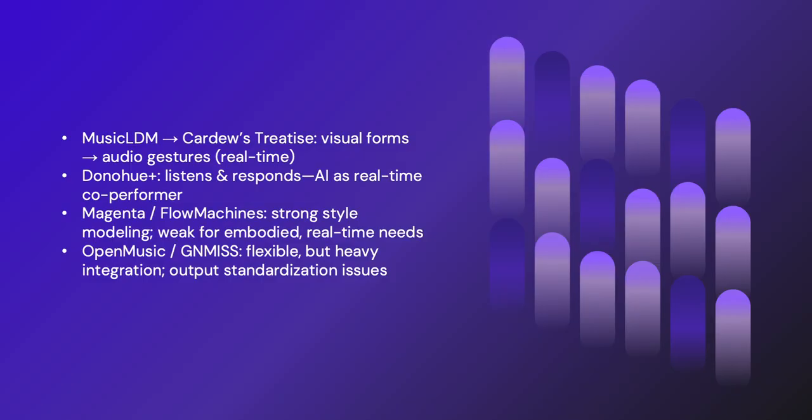By contrast, Magenta and Flow Machines are strong at style modeling, which is helpful for structural ideas, but they don't directly solve embodied real-time needs. OpenMusic and GNMISS are flexible, research-oriented environments, yet they require heavy integration and don't enforce